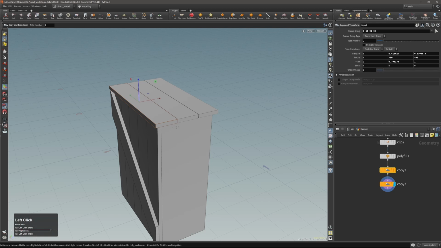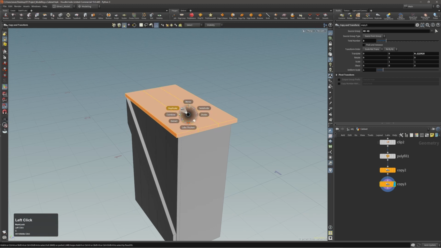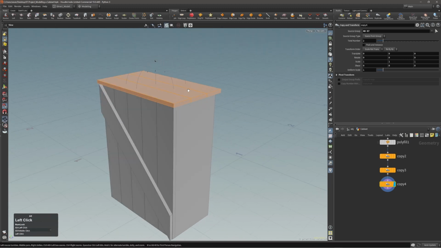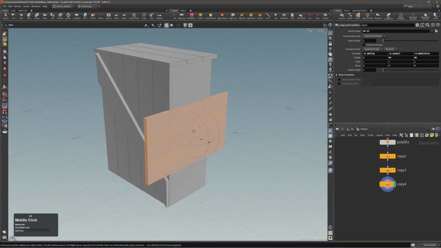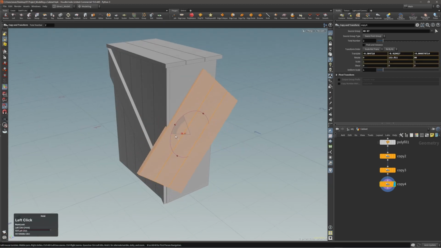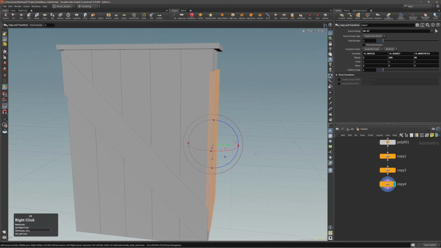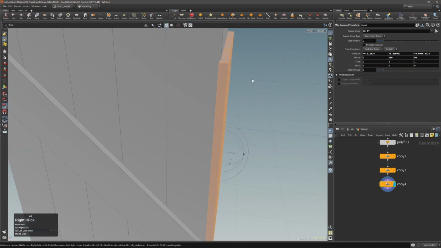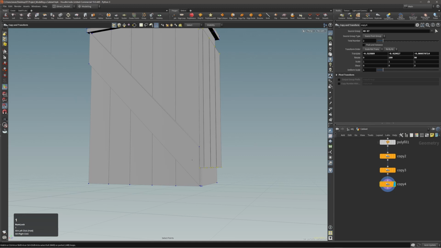Now let's go back to my last node and select everything here and do another duplicate. And this time with orient picking, let's put this here, rotate, let's bring this out a bit, make sure that we are not intersecting geometries,